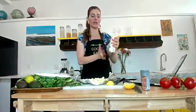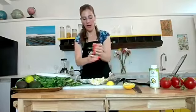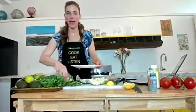And that's one of the things that causes inflammation in the body. But oils like avocado oil have a high smoke point, so you can use them in high temperature cooking. I'm going to add a little bit of sea salt. And I'm going to also add a clove of garlic, and I'm going to show you how to easily use